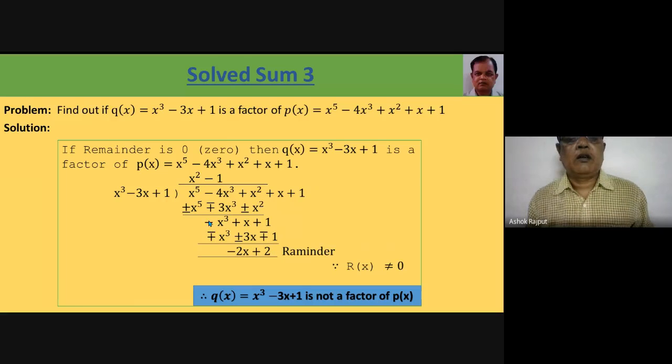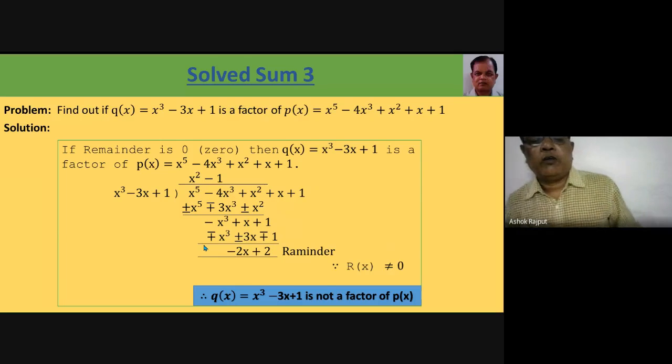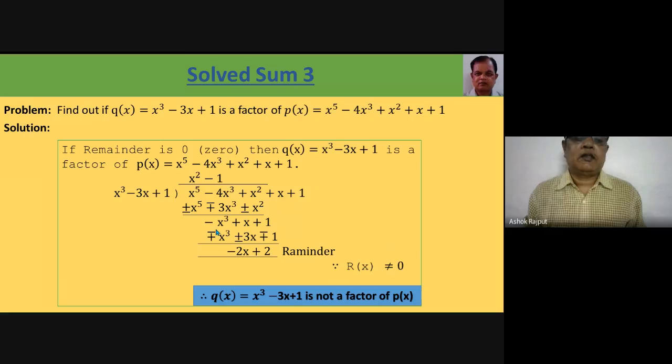Here we are seeing positive value is smaller and negative value is greater, so negative sign we will put here and find the difference. Here we are seeing it is equal and opposite, so it is cancelled, so we have written here x plus 1. Now we are seeing it is minus x cube plus x plus 1. So compare first term to first. It is also x cube, it is x cube. So we will put here negative sign multiplied only one time because my target is to cancel the first term always in division.